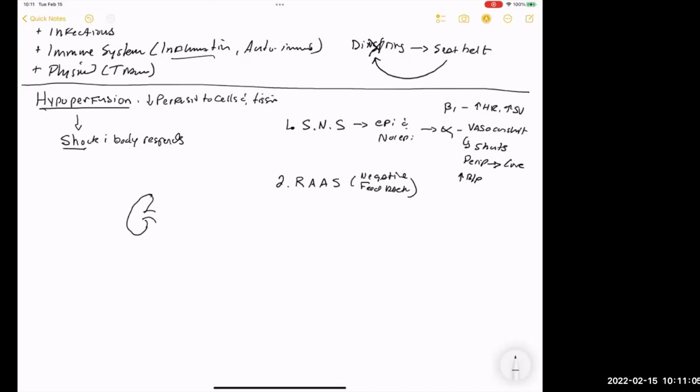So the brain, the heart, and the kidneys are some of the most sensitive organs to hypoperfusion. So what happens is you have a decrease in renal perfusion,